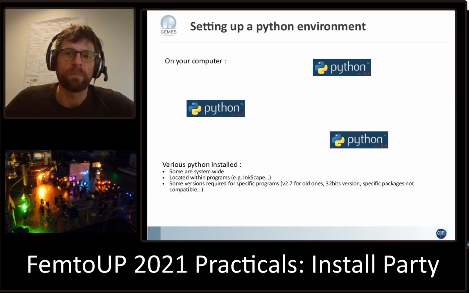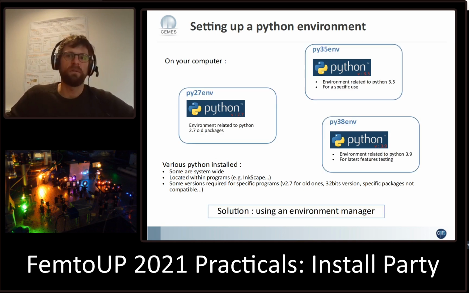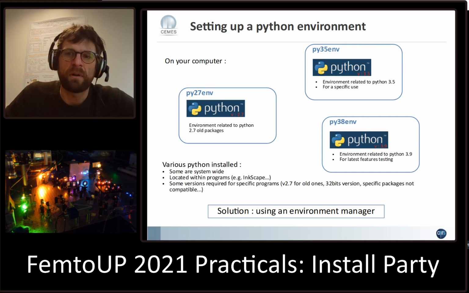So other Python could be located within programs. For instance, Inkscape is using Python as is shipped with it. But most of all, you will have a need for various Python versions because some programs require an old version, like for instance the 2.7 or 32 bits version or 64, and specific packages to run some libraries, but that are not compatible altogether. So to deal with all that, we're going to use an environment manager and somehow wrap Python